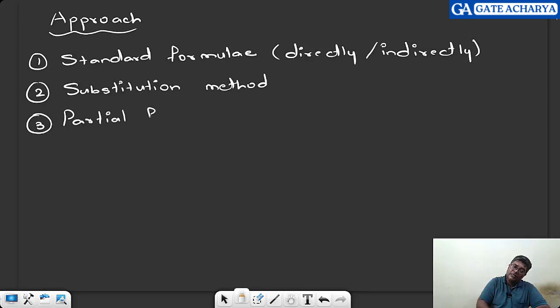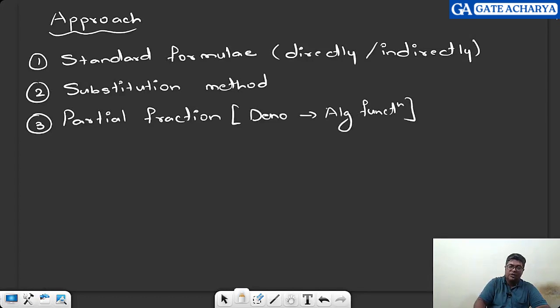Now remember, partial fractions are only applicable when what? Denominator is what? Algebraic function. Then only it works. Otherwise, there is no point in doing partial fractions. If the denominator algebraic functions are factorizable, then apply partial fractions. That's the easiest one. If this fails, then I go for